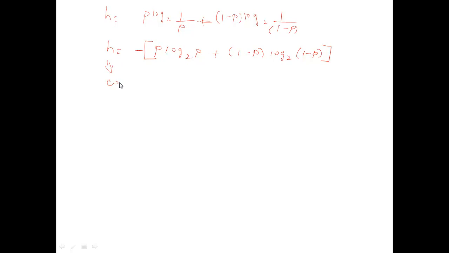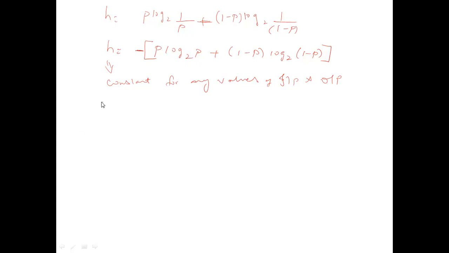Once you know h is actually a constant value for any values of the inputs and outputs, it doesn't matter whether you are transmitting 0 or whether you are transmitting 1. p will be some constant value, so this will give you some constant value only. So h is always a constant. It does not depend on whether you are transmitting input 0 or input 1.